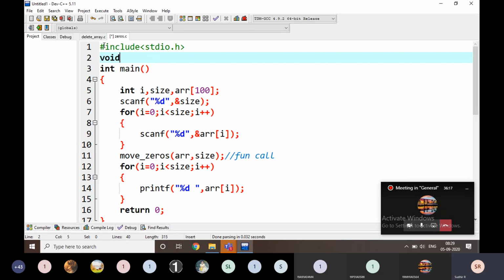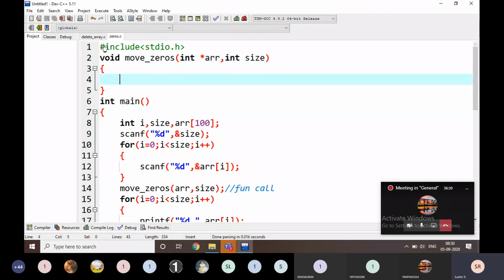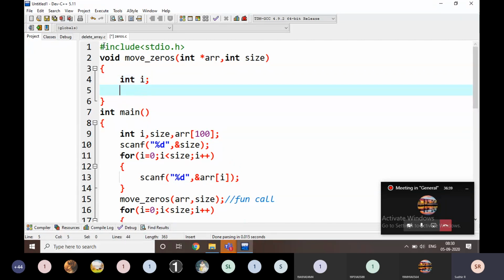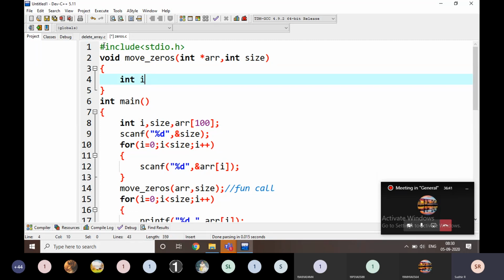The function is going to be void, and the function name is move underscore zeros, with int star arr comma int size. For the iteration I am going to take some i here, and I'm going to count zero count equal to 0.